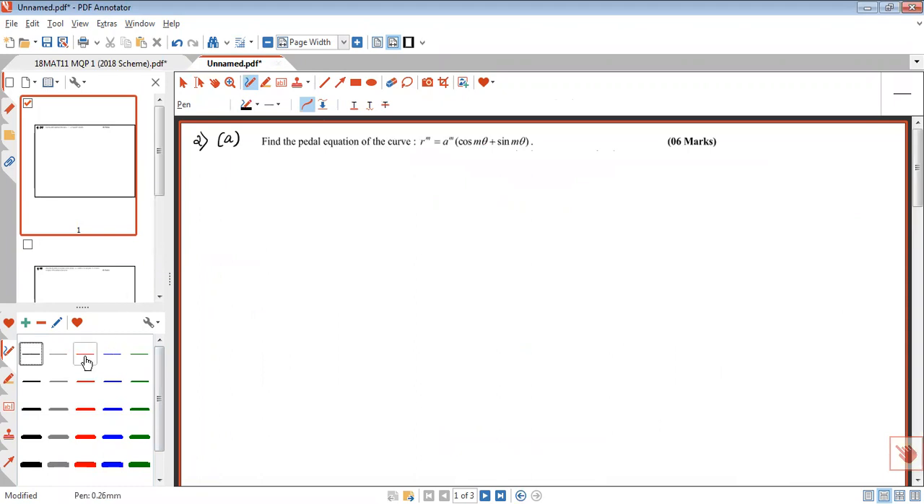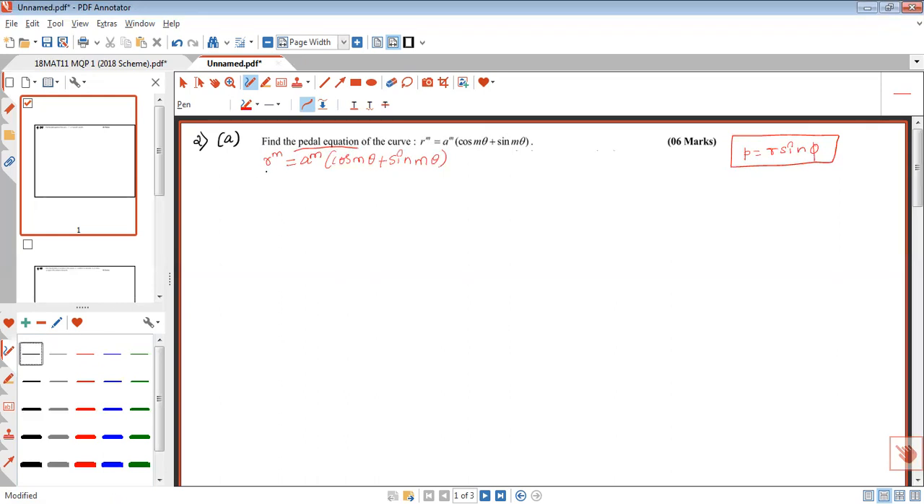Given the curve is r to the power m is equal to a to the power m times cos m theta plus sin m theta, right? We want to find the pedal equation of this curve, that is p is equal to r sin phi is the formula to find the pedal equation. Okay, now